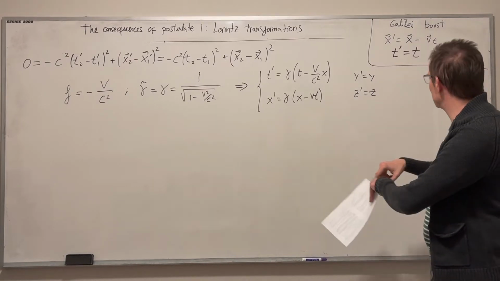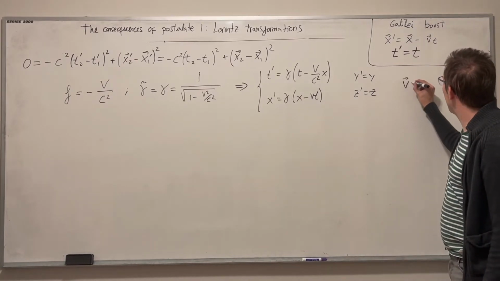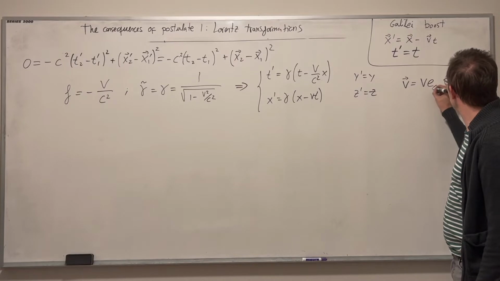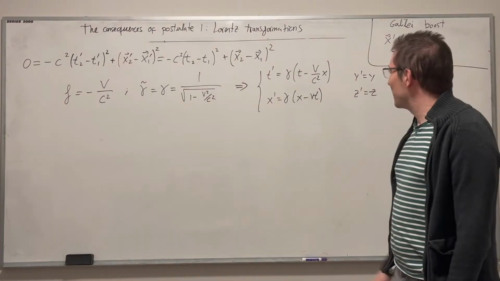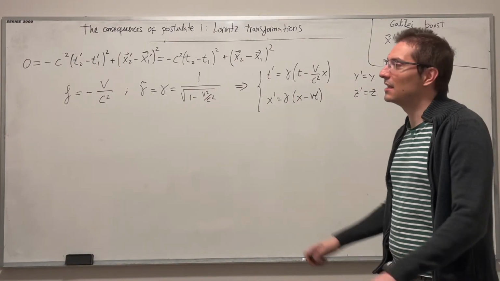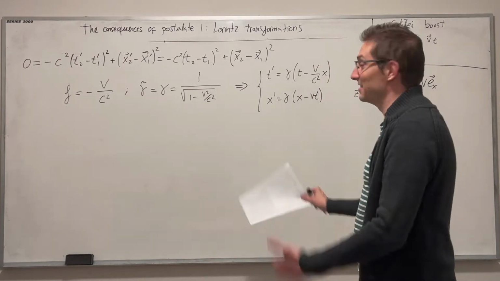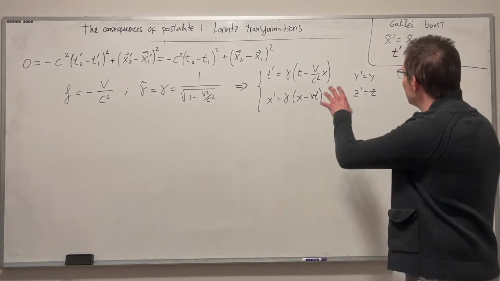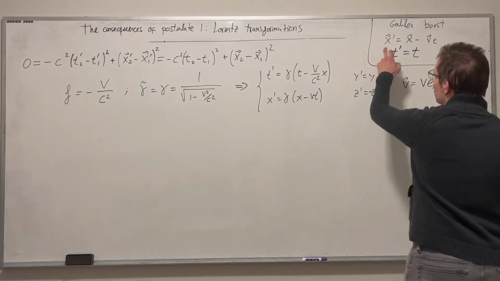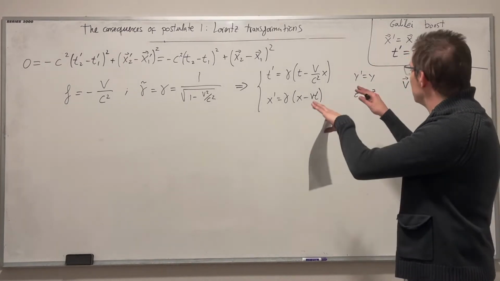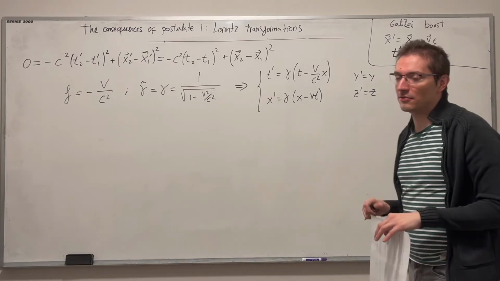Remember that we assumed that the velocity here had the direction of x. Okay? This is what you've learned as the Lorentz transformation. The thing that definitely you have seen in previous courses. If anything, you've seen this. And we obtained that, and this transformation is very different from the Galilei boost. In particular, also, this was assuming that the velocity is in the direction of x without loss of generality.